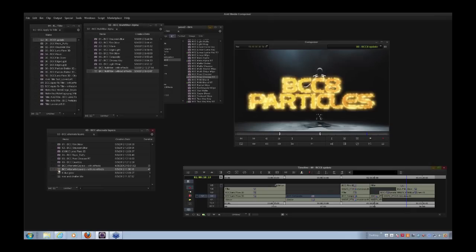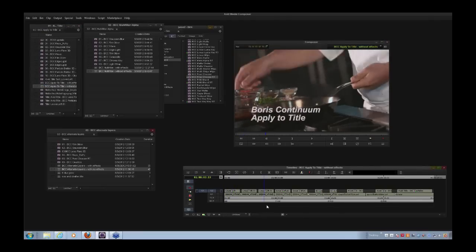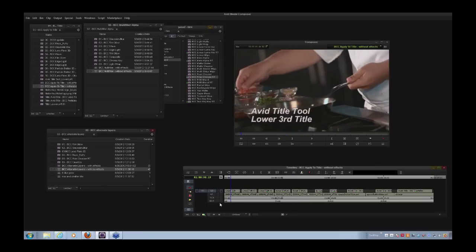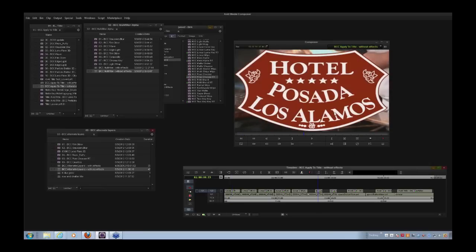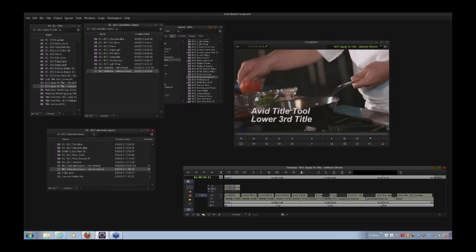All right, so let me start out here. Here we have a sequence with some titles in it, and I want to explain what the apply to title feature is. But before I do that, let's look at what an Avid title is, and this also applies to an Avid imported graphic if it has an alpha channel. You see here, if I double click on it in the timeline, how it unfolds. If I zoom in here,